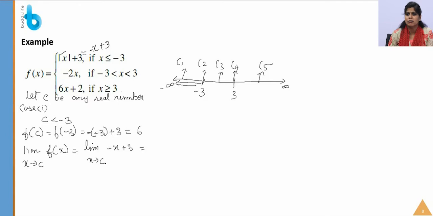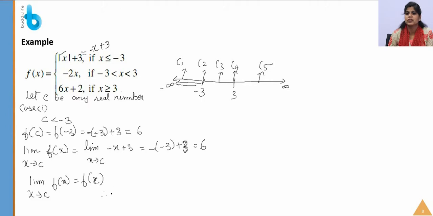So we can take minus 3. Even here you can write minus 3. So minus of minus 3 plus 6, equal to plus 3, equal to what? Minus plus 3 is plus 6. Therefore, see, limit x tends to c, f of x is equal to what? 6. F of c also 6. Therefore, it is equal to f of c.